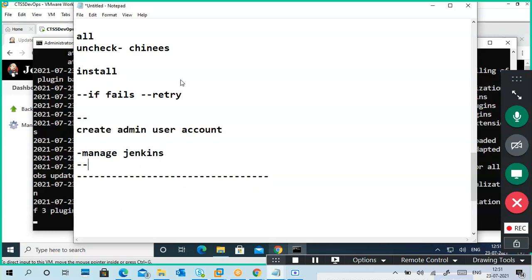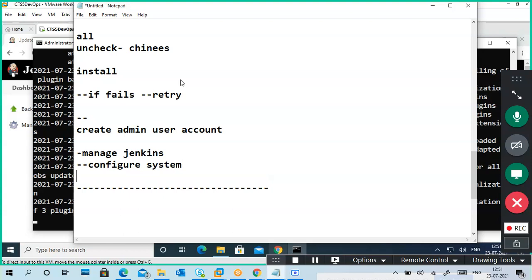Okay, so the first one is Configure System. We have done that. You have to look at it there. If you got the point, then you can do it. Otherwise, leave it, no problem. Global Tool Configuration: here we configure Java, Maven, this kind of stuff.